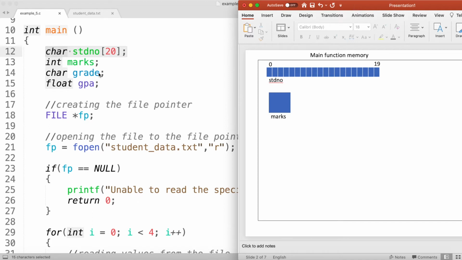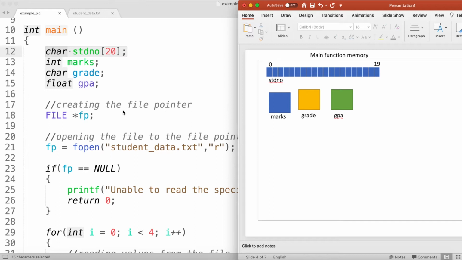The third statement in my program creates a character variable called grade, where I can store a character value. My fourth statement declares a floating point variable called GPA. After execution of those 4 declaration statements, this is how my program memory looks like.